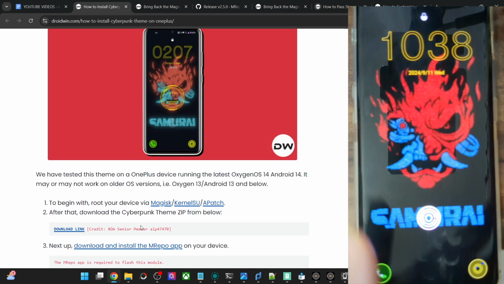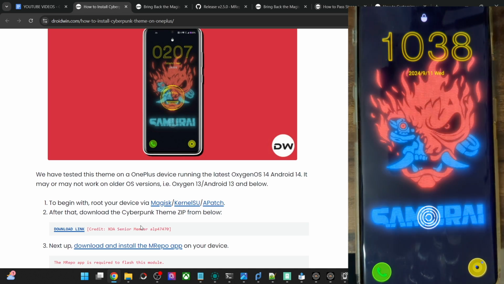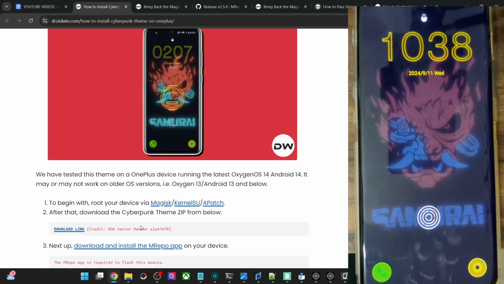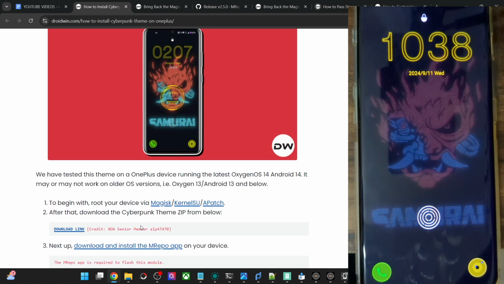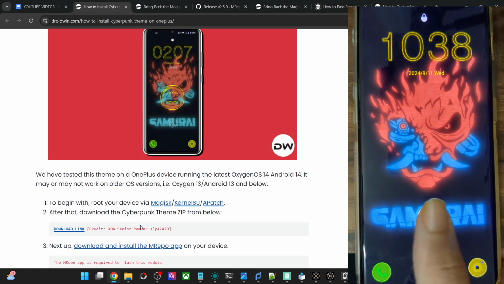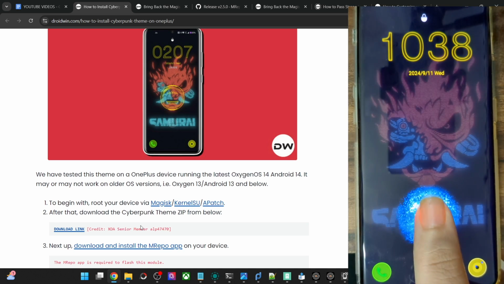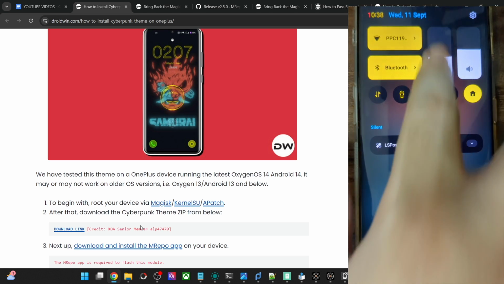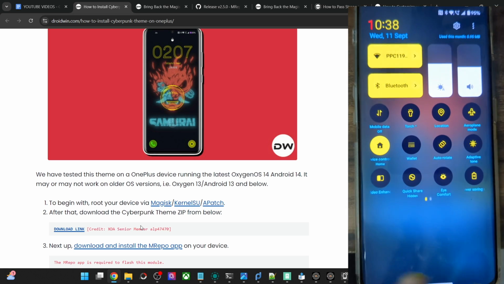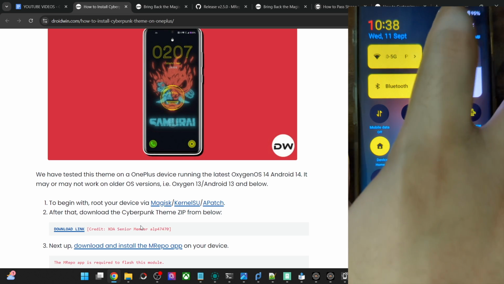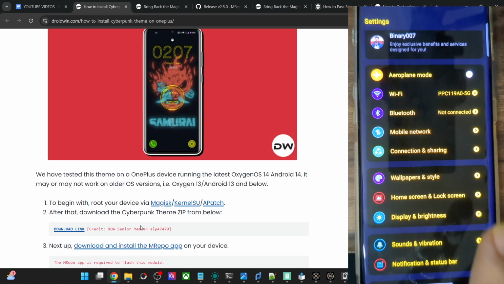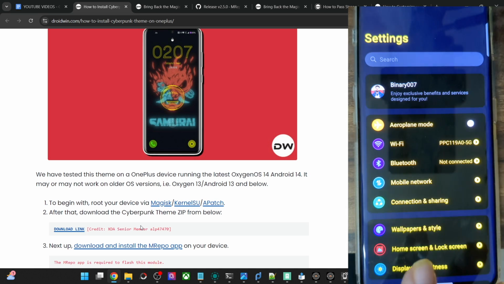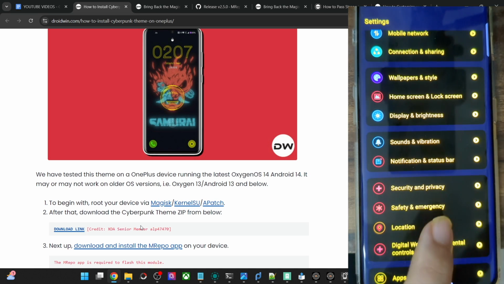Likewise, if we lock the screen, this is the lock screen. As you could see over here, it undergoes constant animation, so it's a live wallpaper, and apart from that, it also has a fingerprint animation as well. I'll show you that too. This is the QS tiles. As you could see, it is yellow in color. Then if you go to the settings menu, this is the revamped settings menu as well, with yellow and black.